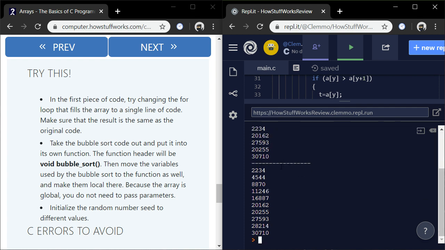After my time. Okay, so here's the challenges. In the first piece of code, try changing the for loop that fills the array to a single line of code. What?